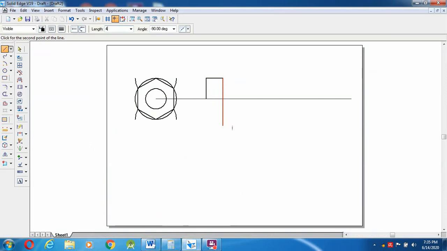Again 48 mm and 19.2, and I'm going to close over here. After creating this, the next thing I'm going to create is the diameter of the bolt. The diameter of the bolt is 24 mm, so from here 12 mm, and again on the other side, then the bolt length.